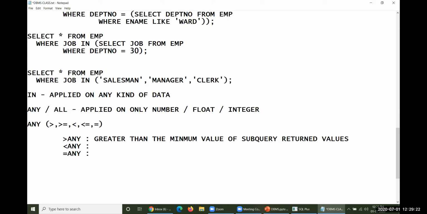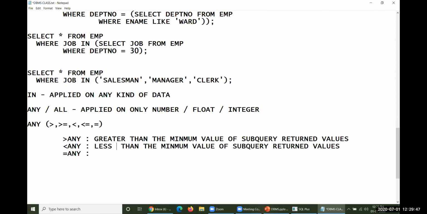A subquery might return some kind of values. Within those values, the minimum value is taken, so greater than any means: out of those produced values, what is the minimum? Greater than that particular minimum value. That is the meaning.